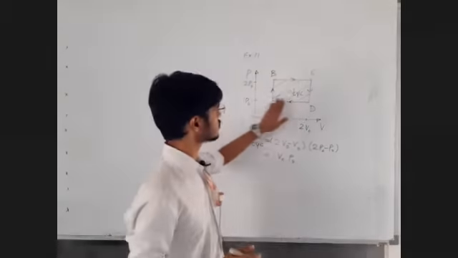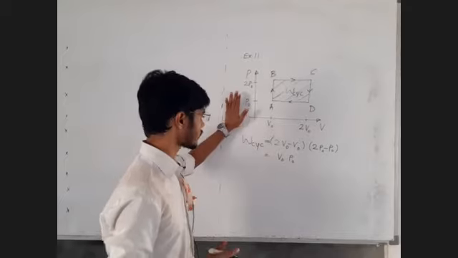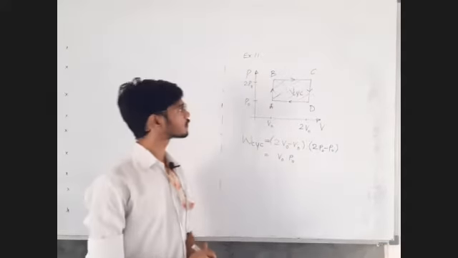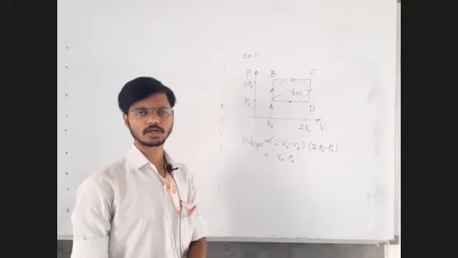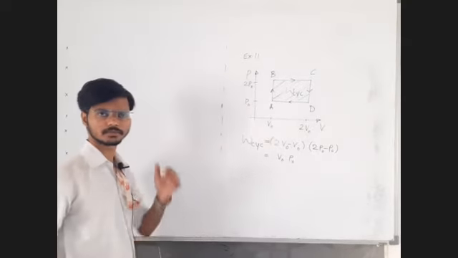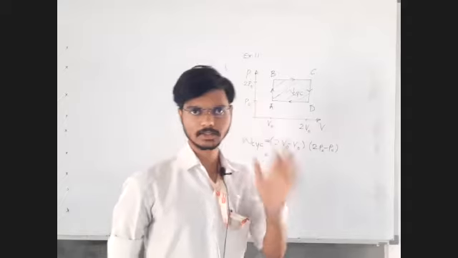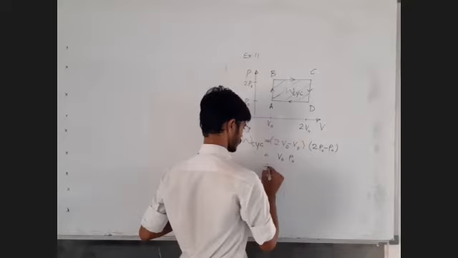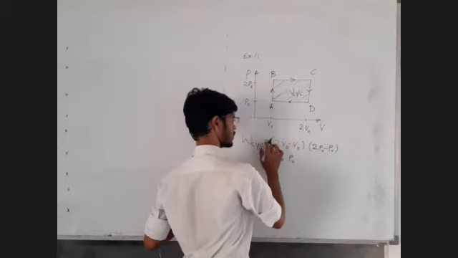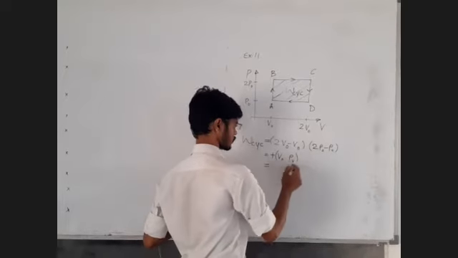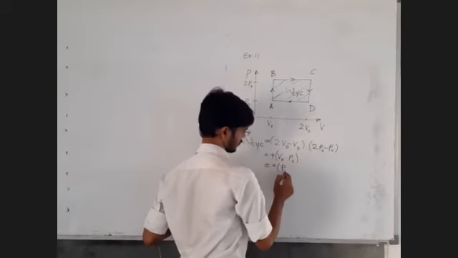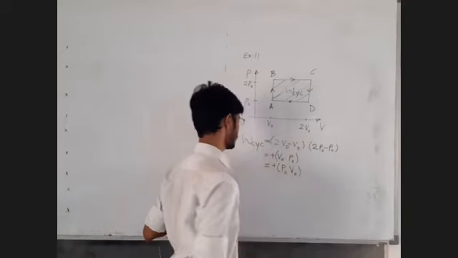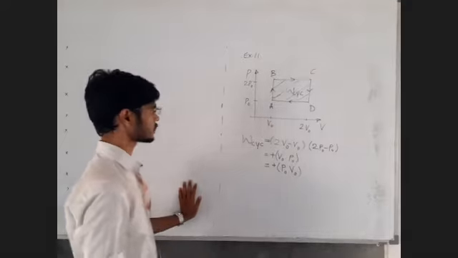the cyclic process is clockwise. So work done should be, tell me, positive or negative? Clockwise process. Work done should be positive or negative? Yes, all of you are giving the correct answer. So we just remember the sign convention. You may write a plus here, or no need to write plus also. Generally, people like the sequence P0 first and then V0. So P0 V0 is our answer. All right, sir. This task is over.